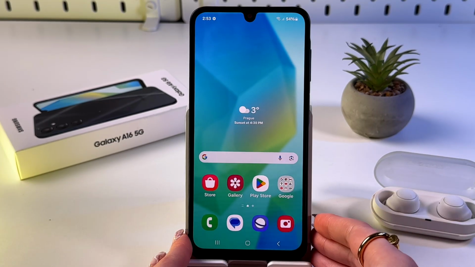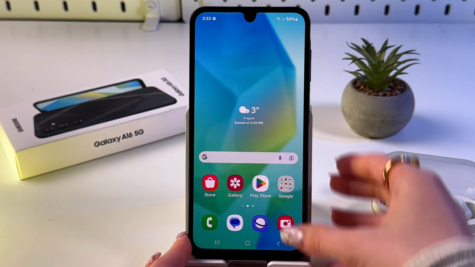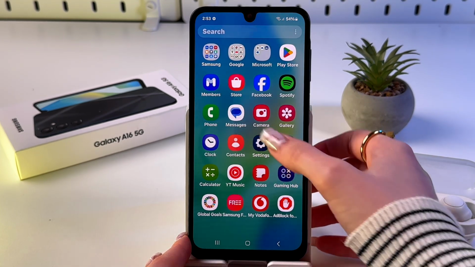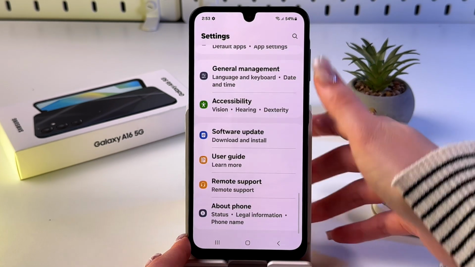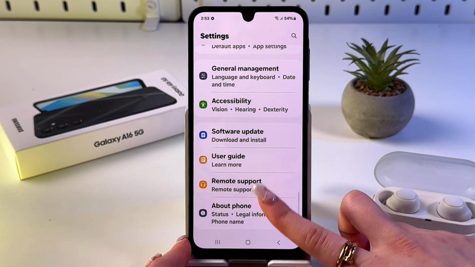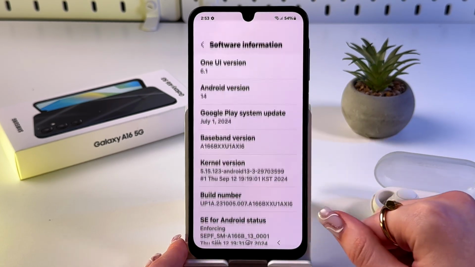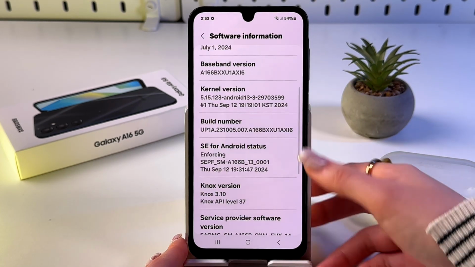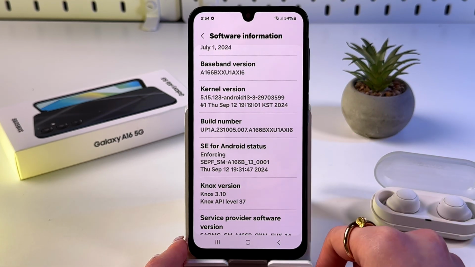Hi, to enable and disable developer options on your Samsung Galaxy A16 5G, we need to find and open Settings first. Here, you need to find this last tab, About Phone, select it, and then scroll down and choose Software Information. Now you should see this type of information from which you need to choose Build Number and tap on